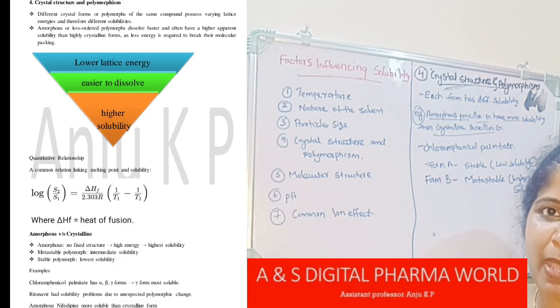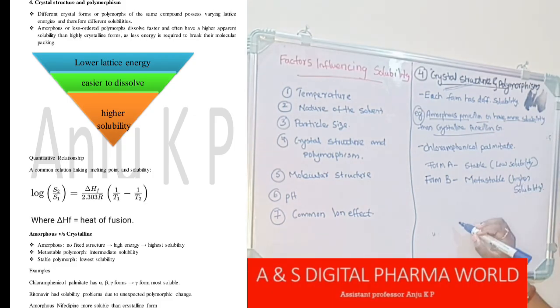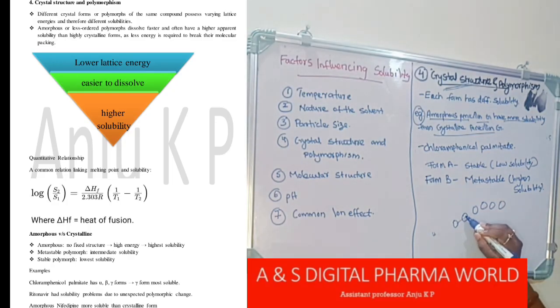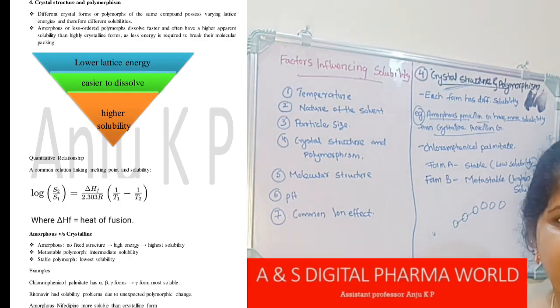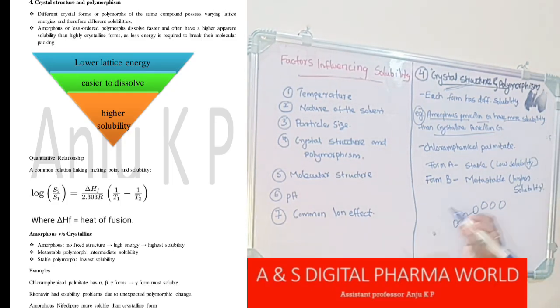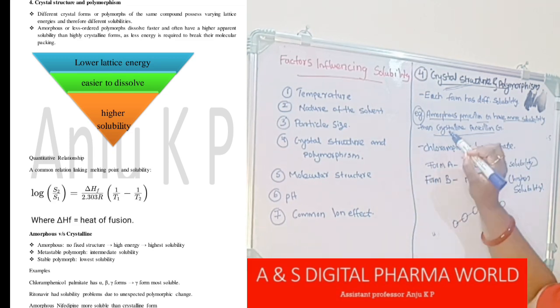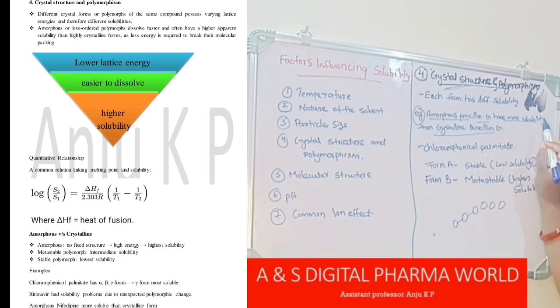If it is loosely packed, there will be distance between the molecules, so the energy required to break it is less. So we can conclude that amorphous penicillin G has more solubility than crystalline penicillin G,